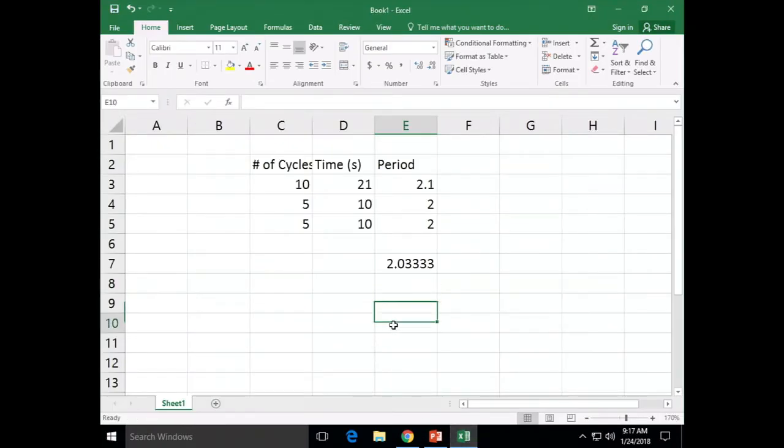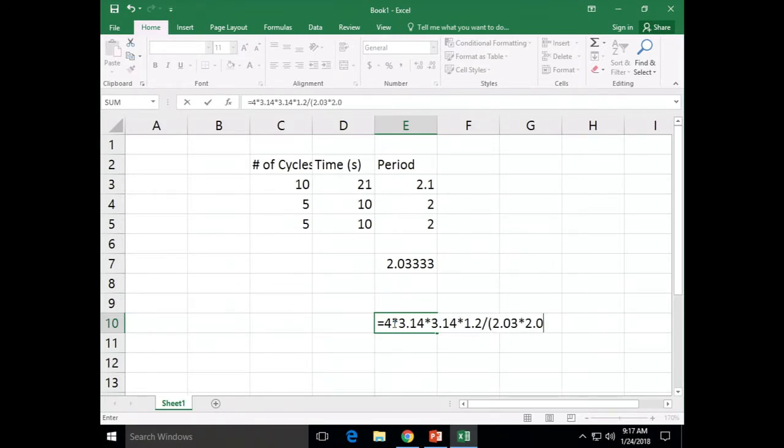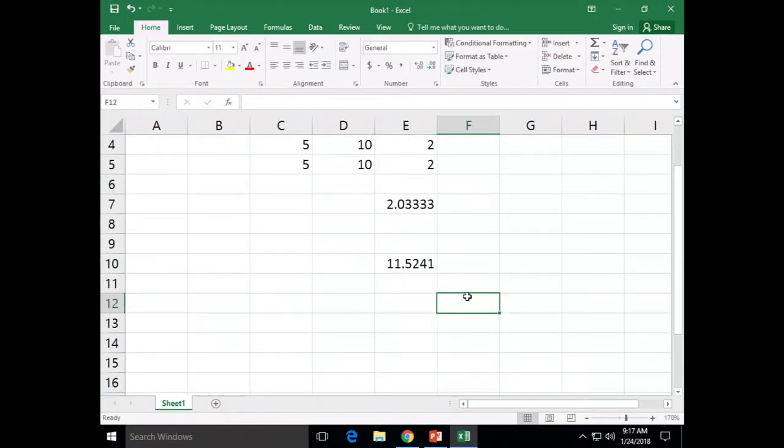So if I do that, I can do 4 times 3.14 times 3.14 times my length, and my length was 1.2 meters. It was 120 centimeters. Divided by my 2.03 times my 2.03. And that gave us 11 meters per second squared. And we know gravity, because we've been doing it, is 9.8